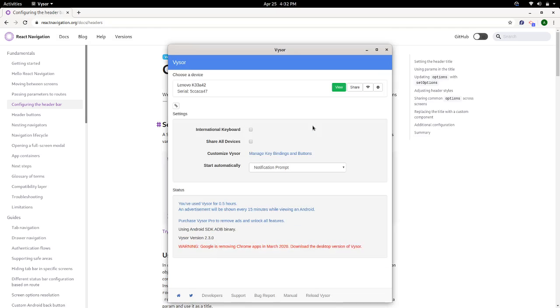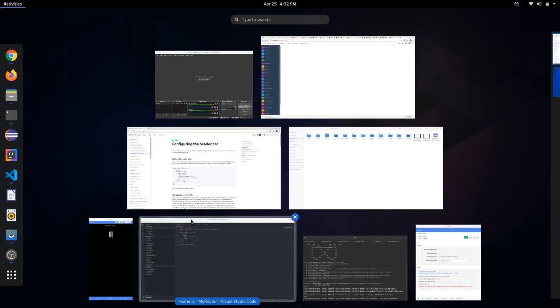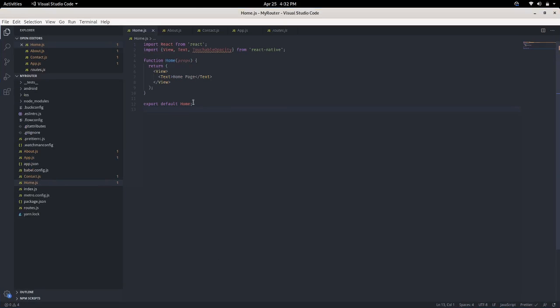If you don't know how to use Vysor, you can view my Vysor tutorial, where you can check how to connect the Vysor app. While it is loading, we will add some buttons to navigate.